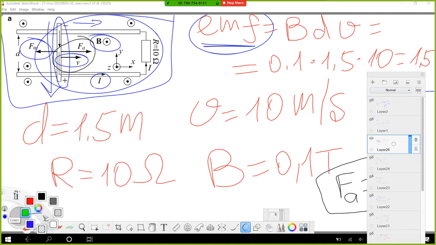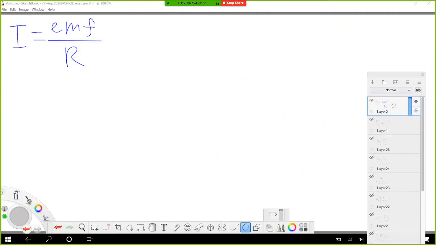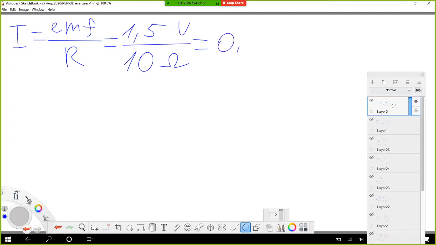A load of 10 ohm is connected to our circuit, and if we go back here, the electromotive force was 1.5 volts over the load of 10 ohm, which is 0.15 ampere,